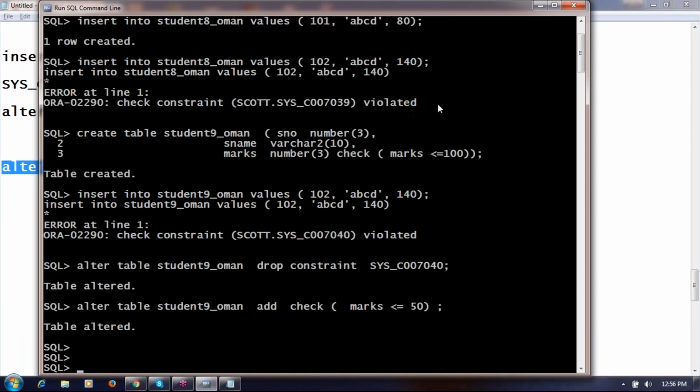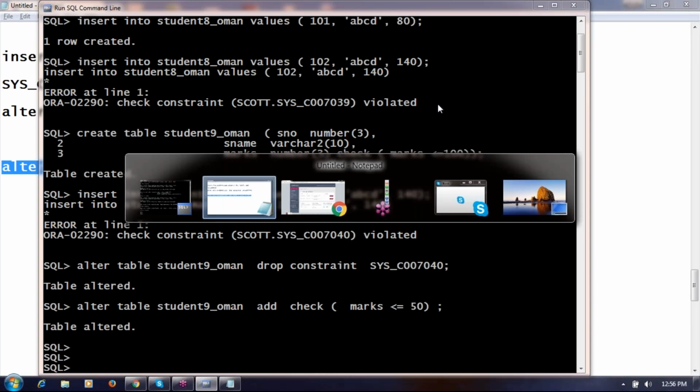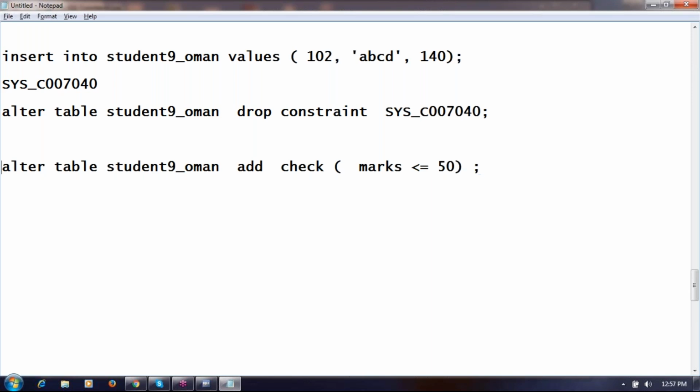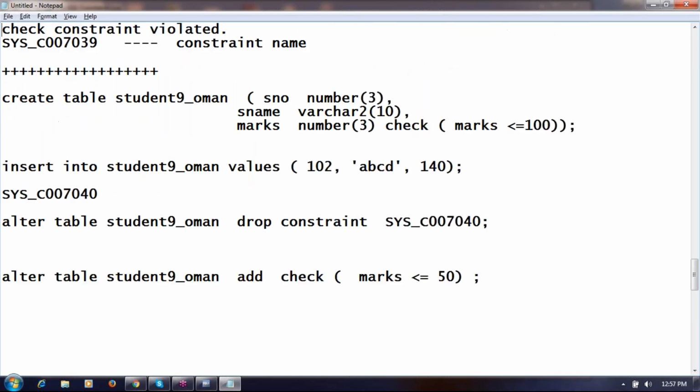Alter table, now I added constraint. While altering, while adding the check, can we give a name here itself? Yes, our own name. If you don't give one, then it takes the sys_c name. Add check name, and then